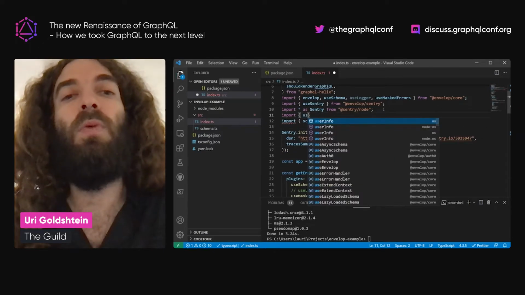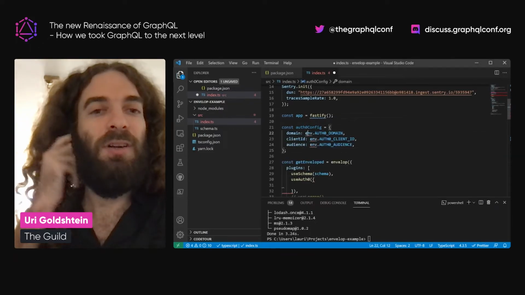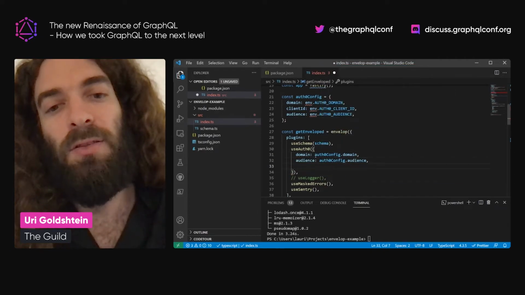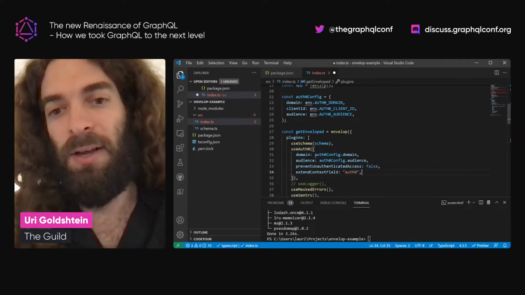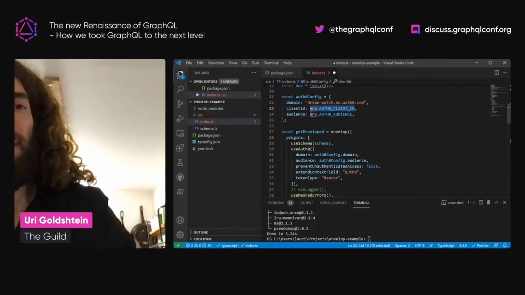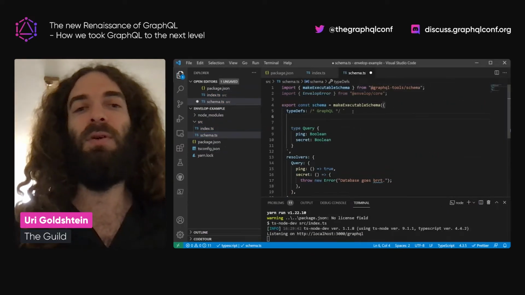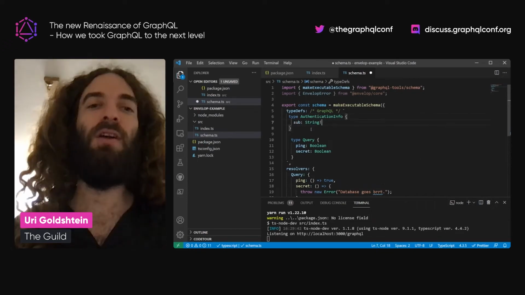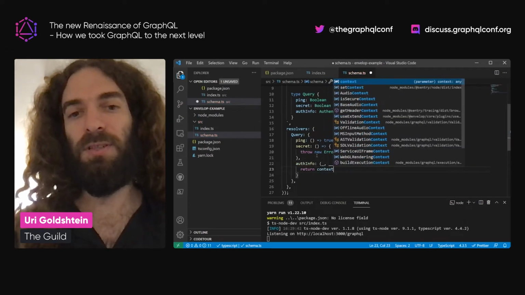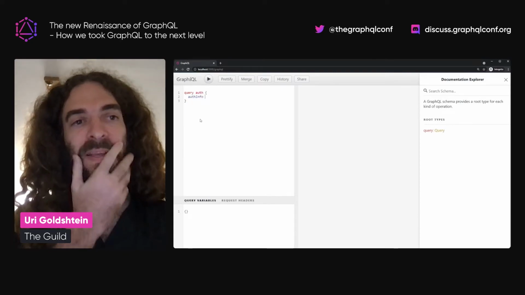Next, of things that you want to do with your server is auth. And we think that with envelope is the easiest way to use Auth0 with GraphQL. I know it's a big statement, but try it out for yourself. All we need to do is, again, install the useAuth0 plugin. We have a couple of plugins for auth, by the way. There's a generic auth and all kinds of different providers. Auth0 is amazing. And I'm just going to show you very quickly here how easy it is.